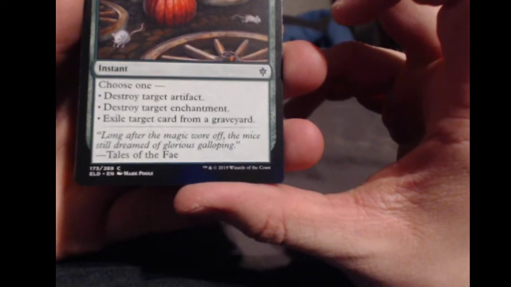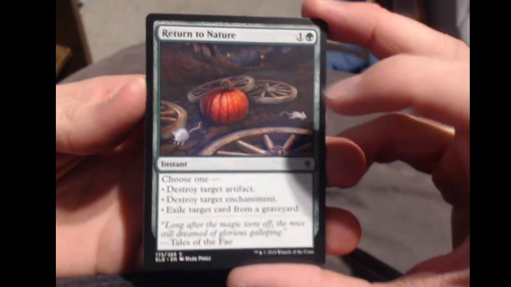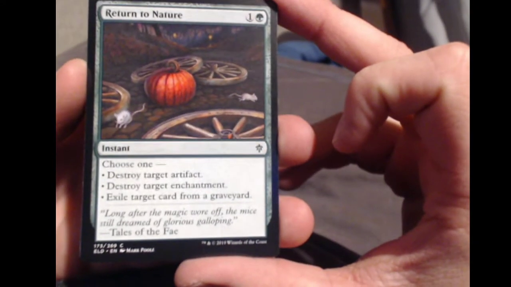Return to Nature, 2 mana. This is like a bog standard card. This is like a reprint, essentially. Destroy target artifact, destroy target enchantment, exile target card from a graveyard. Choose one. I mean,